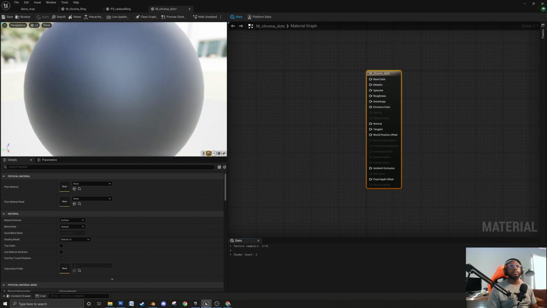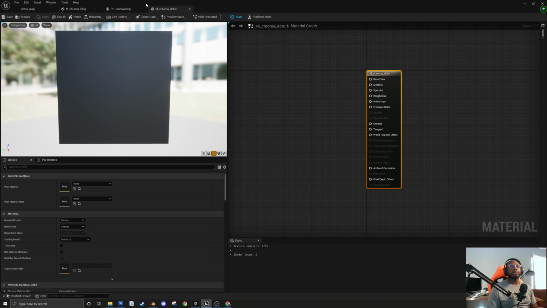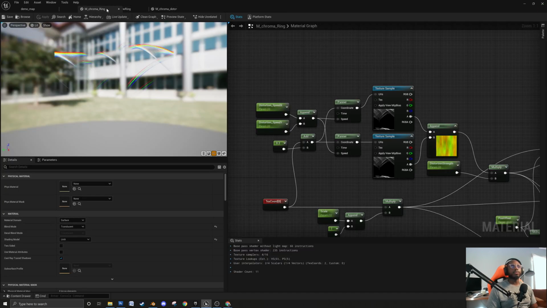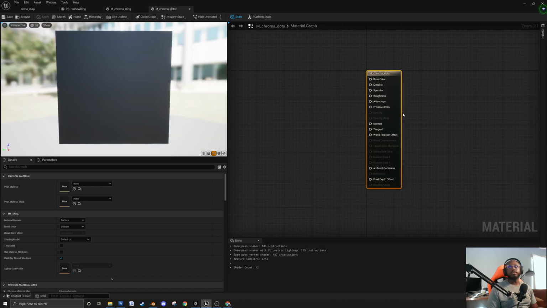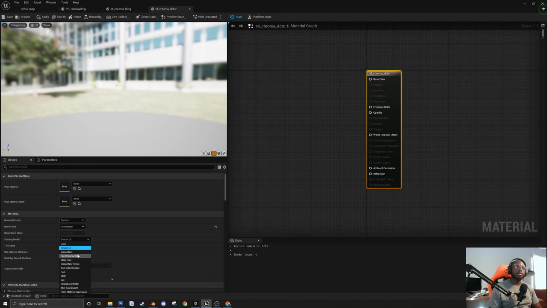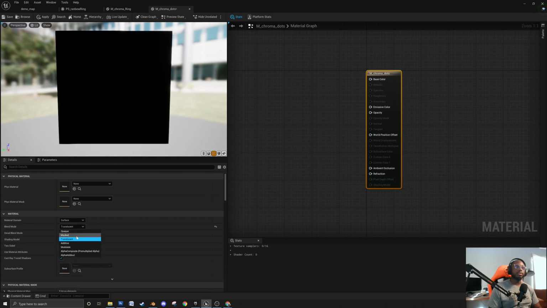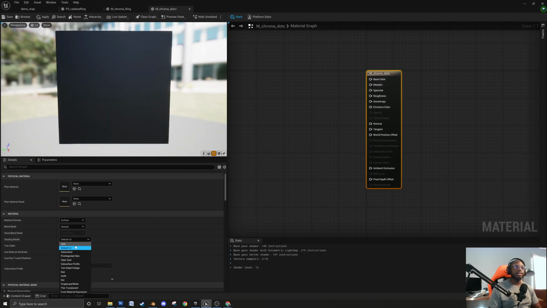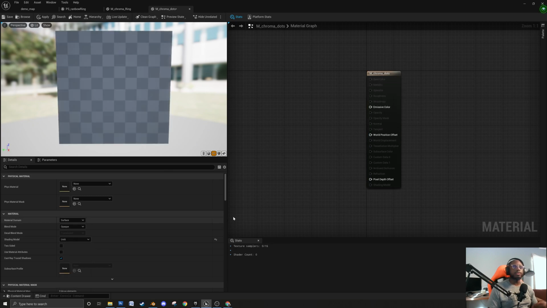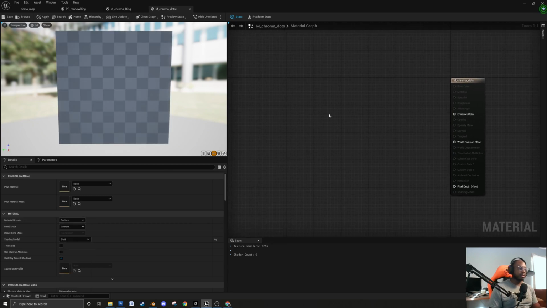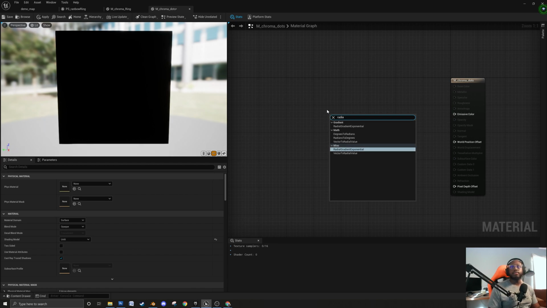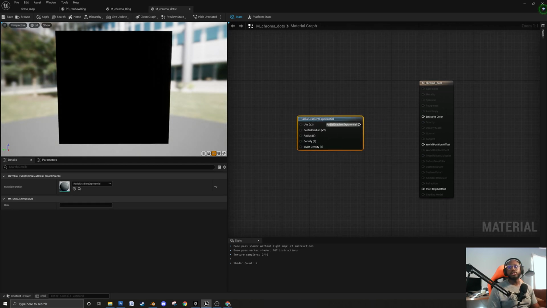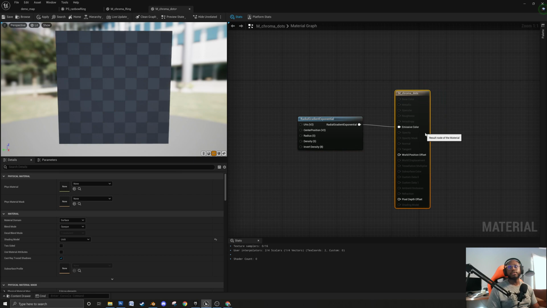So if we look at this on a plane, we'll do the same setup we used for a chroma ring, which is unlit. So we'll use unlit, translucent. We'll go back to opaque just in case anyone missed it. We'll just show it again. So the way this works is we can use a radial gradient in Unreal to create just a generic soft